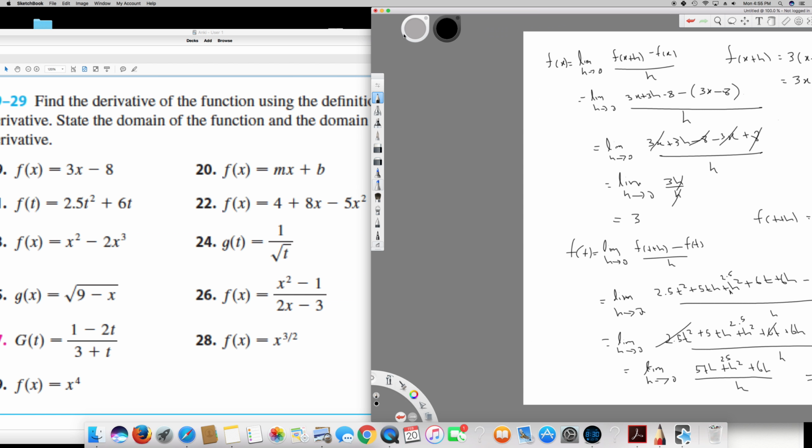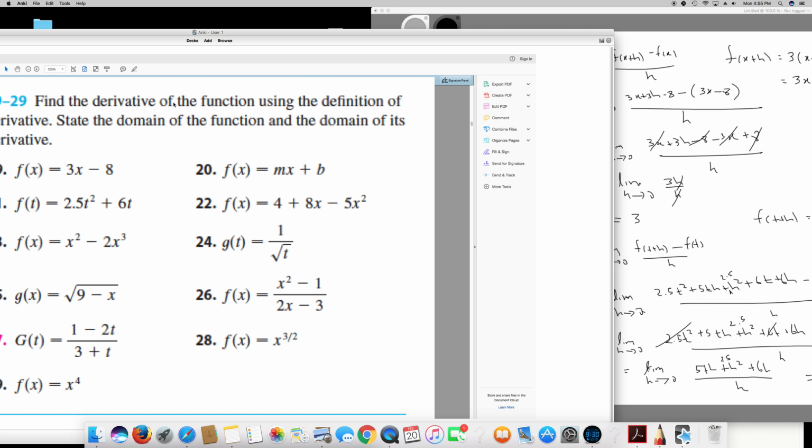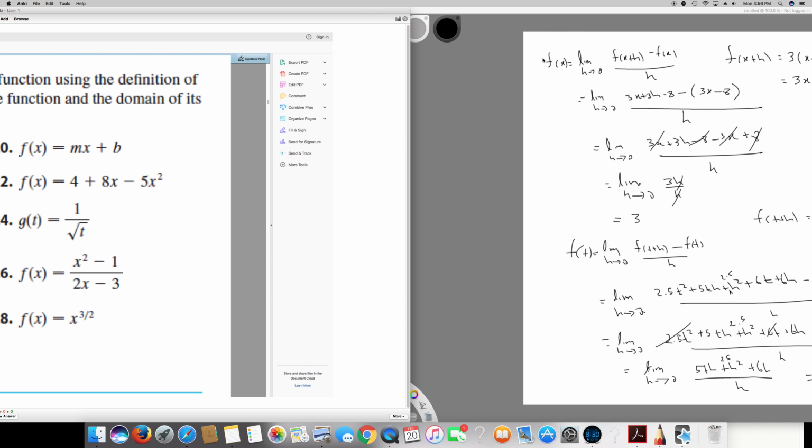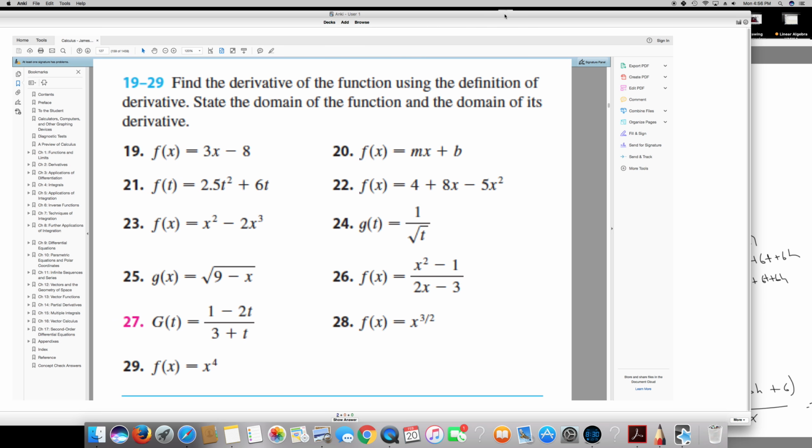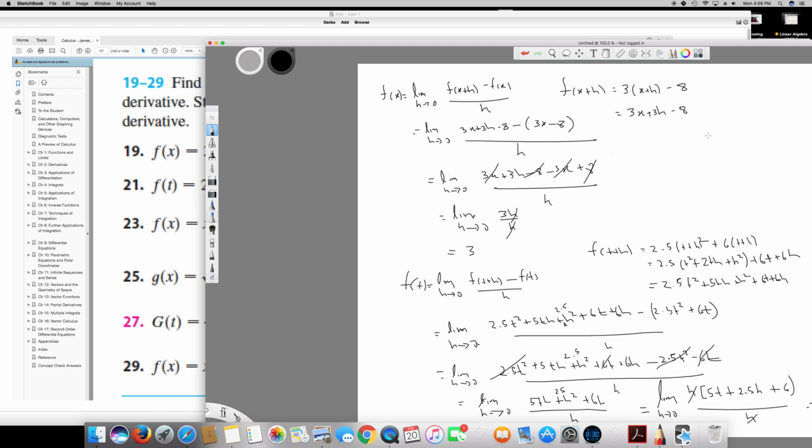Now this is not the only question. The question is asking: find the derivative of the function using the definition of derivative, and state the domain of the function and the domain of its derivative. For the first question, the equation is 3x minus something, a straight line going all the way. Therefore the domain is all real numbers, and if you find the derivative f'(x),